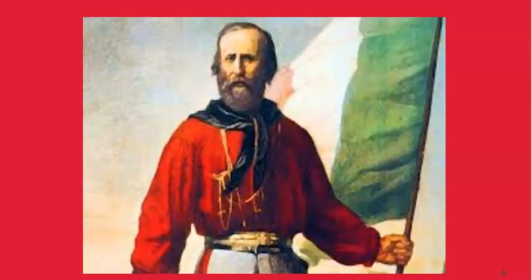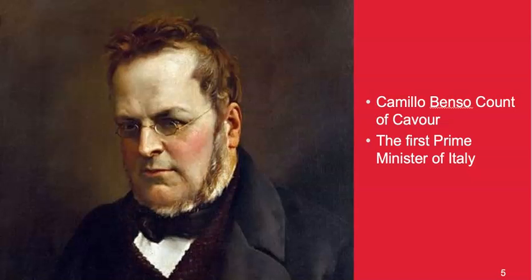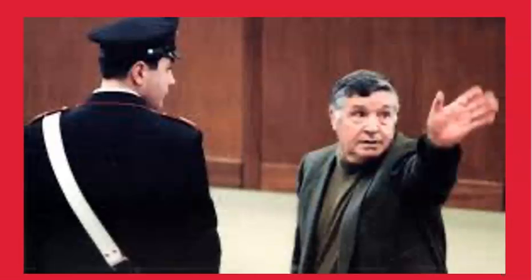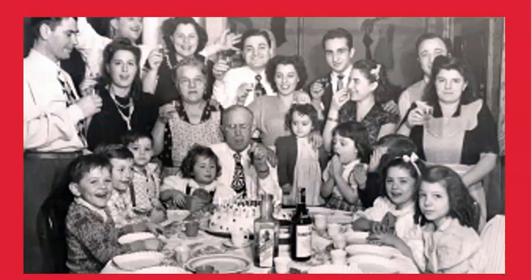We shall examine the people that led a long and violent unification struggle, those who worked hard to turn a long imagined nation into a real one. Together, we shall look at the changing relationship between the state and its citizens and focus in particular on a number of topics such as the church, the North-South divide, the mafia, emigration, the changes to the Italian family, and